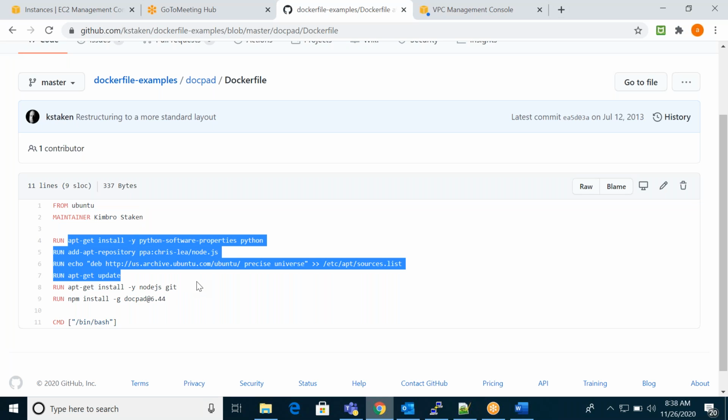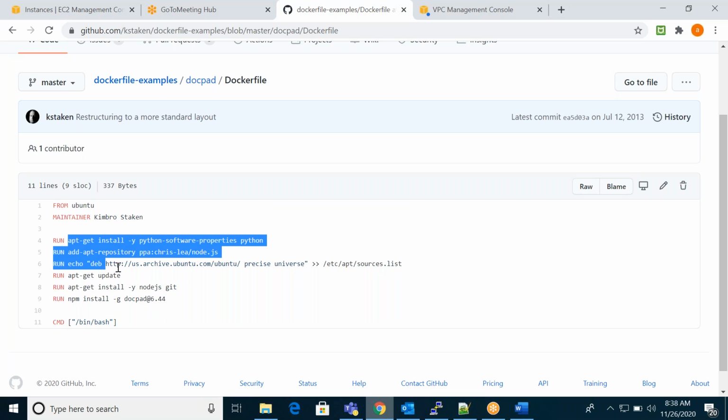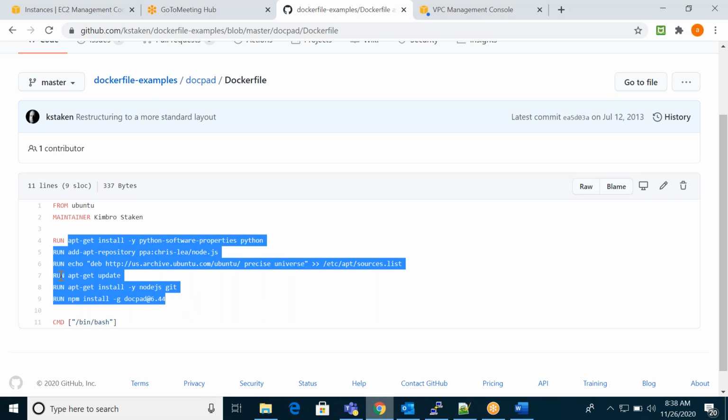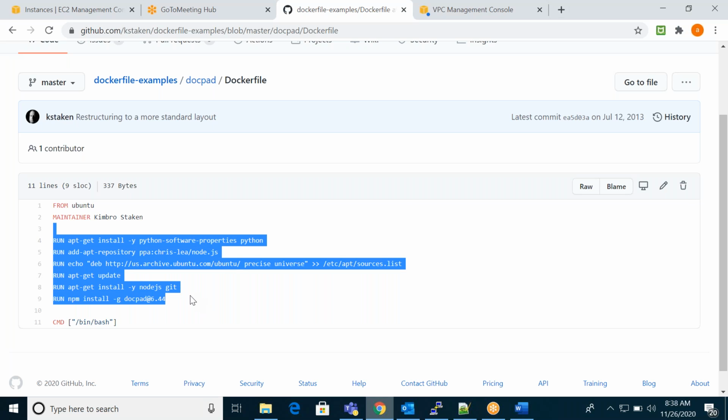Here you can see the same instruction used in multiple lines, multiple steps for the same instruction.